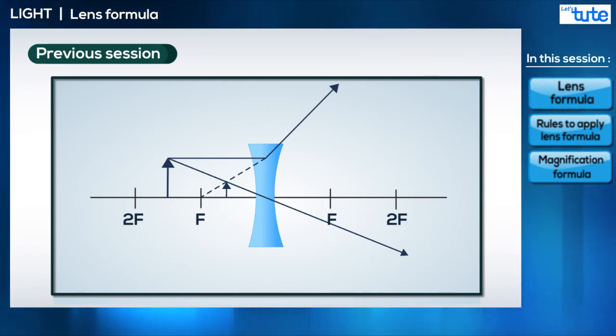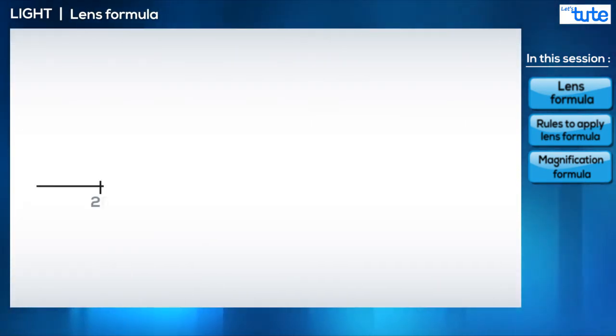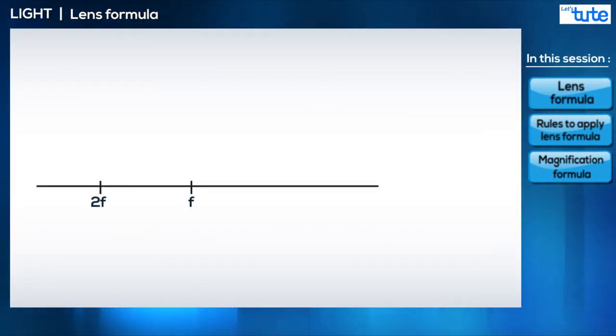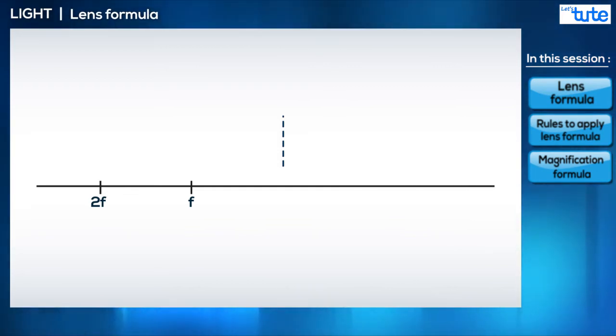But is that really true? Well, there's only one way of knowing for sure right now. Let's look at the ray diagrams. We'll keep the object at two different extreme positions and hopefully that will give us an understanding about how a concave lens makes images. First, let's keep the object at 2f.